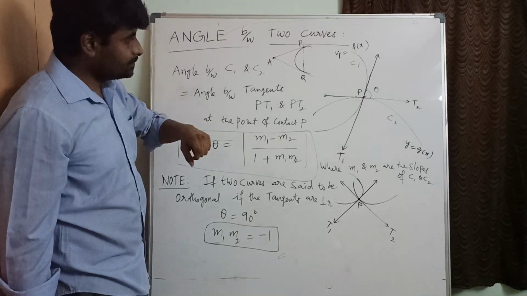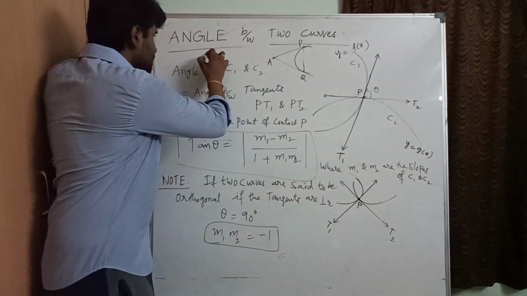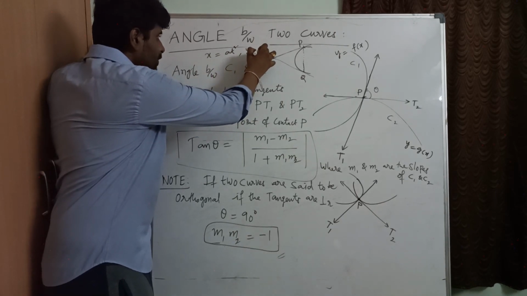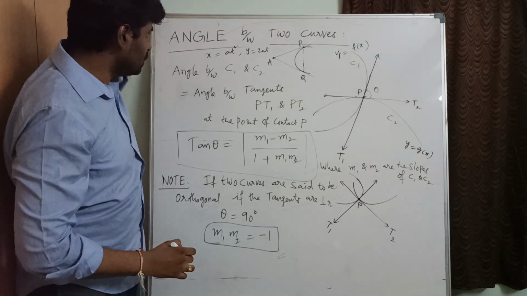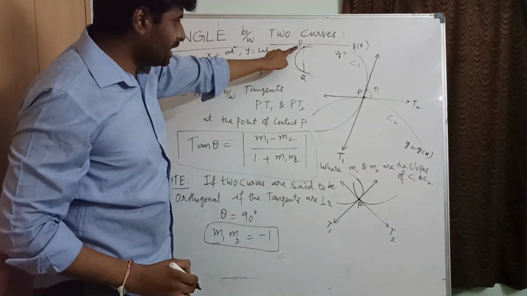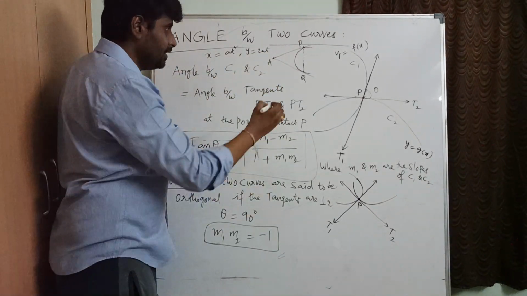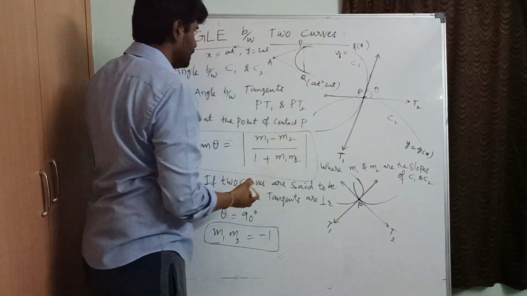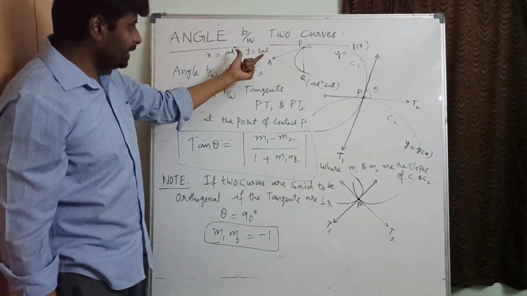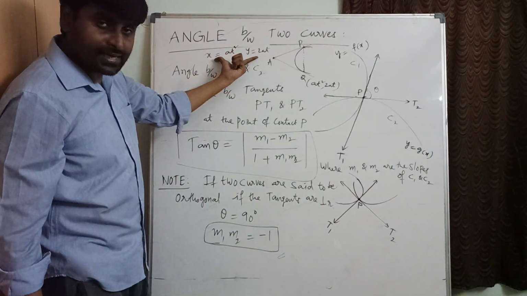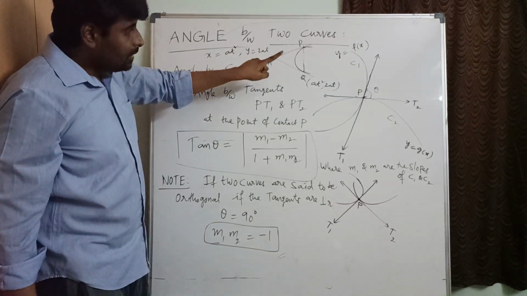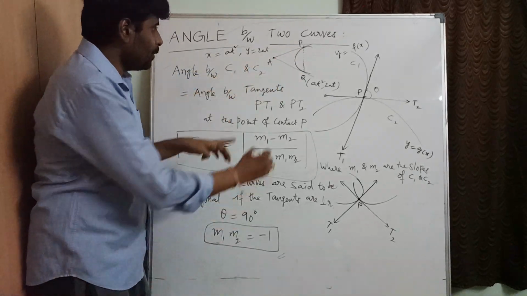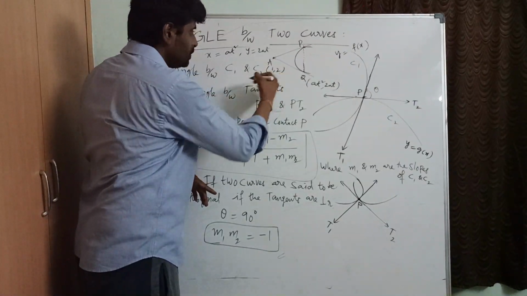Now sometimes the equation of the curve will be given in parametric form, x equals at squared, y equals 2at. Correct? So (at squared, 2at) can be taken as one of the points on the curve. Always remember, whenever a curve is given in parametric form, x equals at squared, y equals 2at, this is representing the curve, which means this point must lie on the curve. Now an outside point will be given, suppose (1, 2), right?